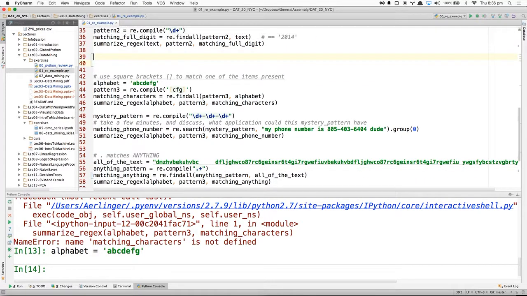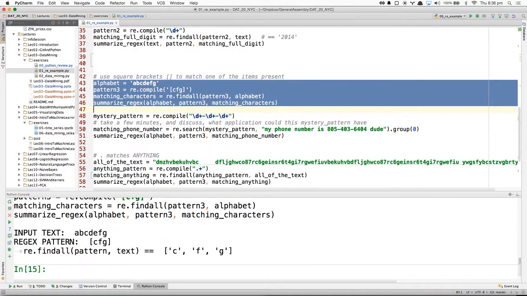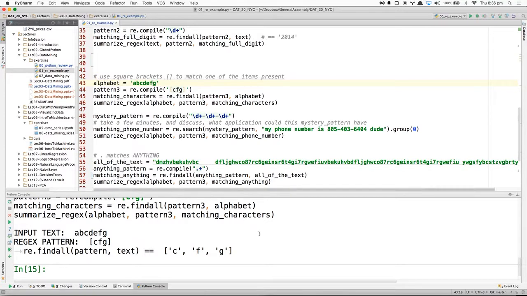So when I go here and I run this, it finds the C, the F, and the G. It's finding the C first, and then the F, and then the G. And it's greedy, so it's returning, well, I'm actually calling it findall, so it's finding all of them.